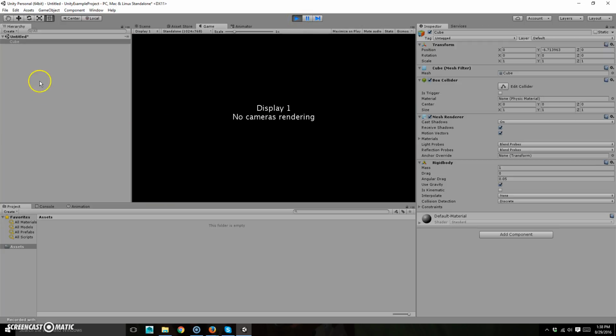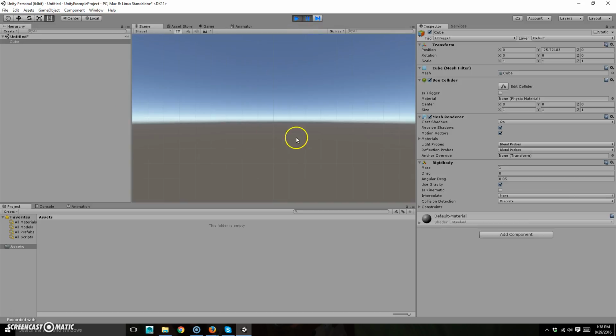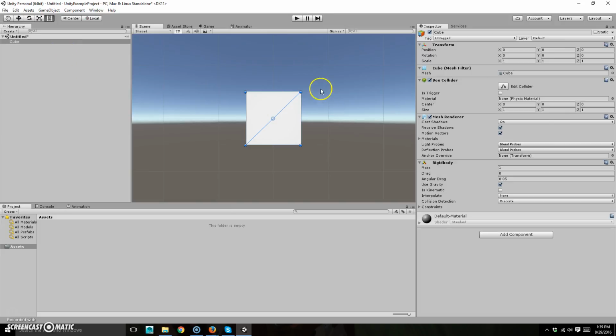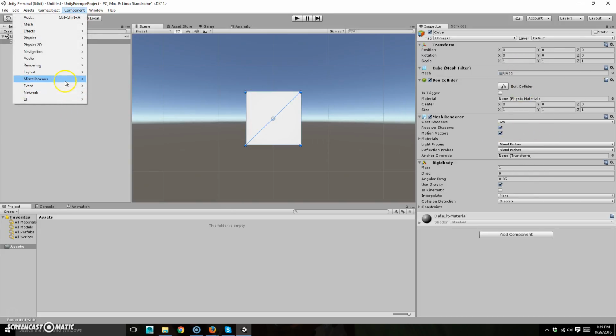Oh, I don't have a camera in here. Whoops, they switched that out. Okay, I don't know where it went. Let's see. F is frame, by the way, just like it is in Maya. Oops, there we go. Okay, so these have components, and basically you can add more components in here,